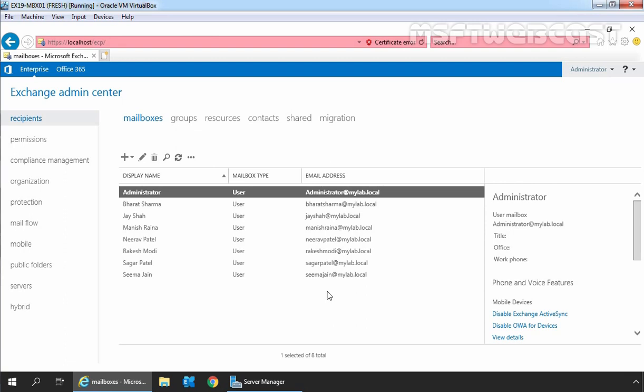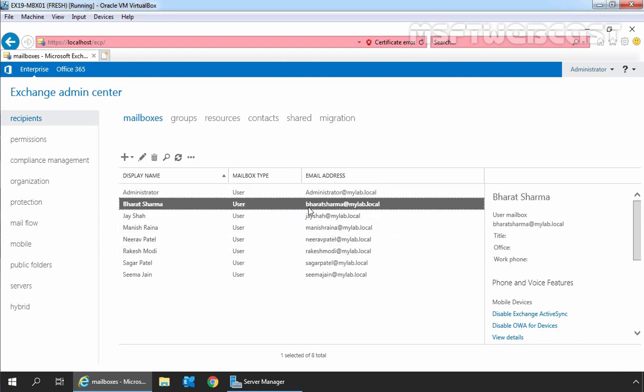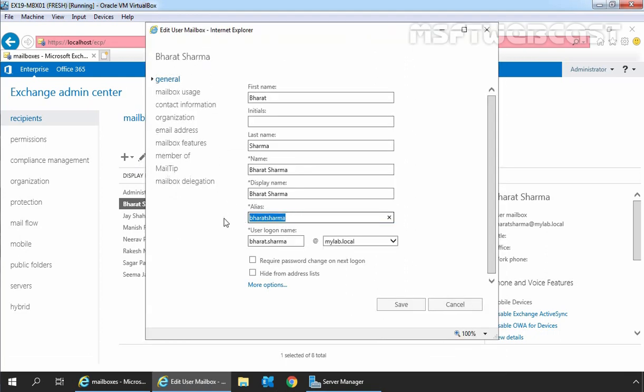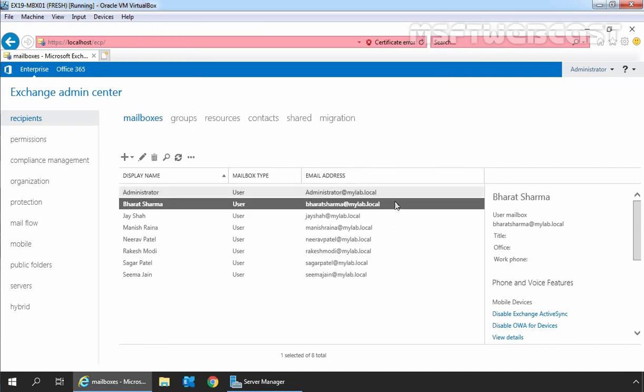In the Exchange Admin Center web interface, first of all, I'm going to click on Recipients, and under the Mailboxes tab, we can verify the recipient's email address. In my case, let's see the email address for our user, Bharat Sharma. You can see the email address is there, bharatsharma@mylab.local. Let's click on the Edit icon and verify the user's alias name. In our case, it is Bharat Sharma, and that's the reason why Bharat Sharma's email address is listed as bharatsharma@mylab.local. We want to create a new email address policy so that the user's email address will be changed to